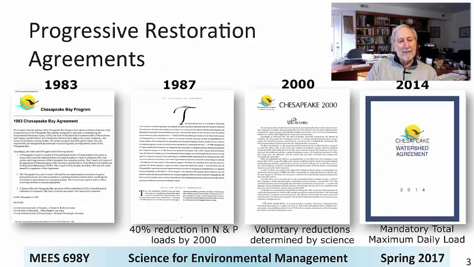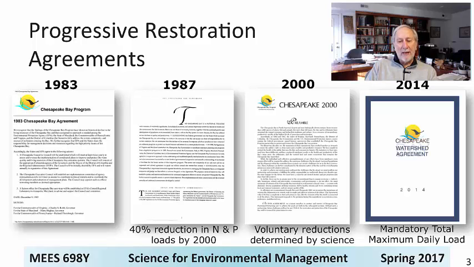So I think you understand that the Chesapeake Bay restoration is dependent on a series of agreements. The first one was put in place in 1983, endorsed by the states in the region and the federal government, which basically just said, we're going to make the bay healthy again. In 1987, when the eutrophication problem was understood as a central concern, the 87 agreement had specific numerical targets for reduction of nitrogen and phosphorus loads and sediment loads into the bay. But they were generalized. They were based on the models and assumptions that we had at that point.